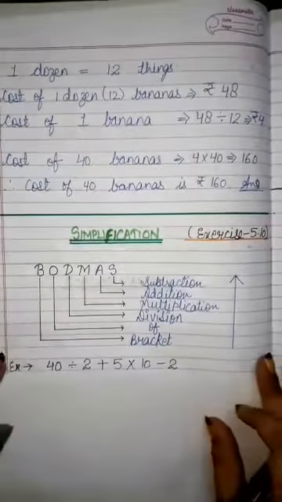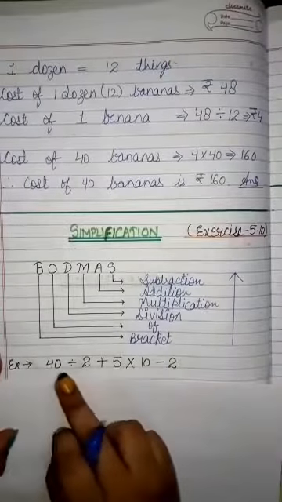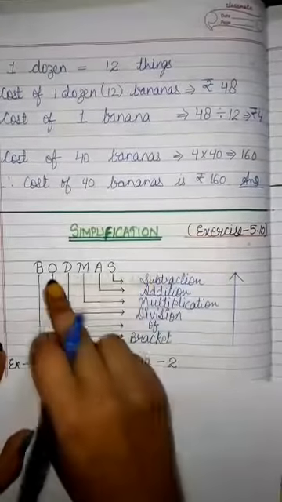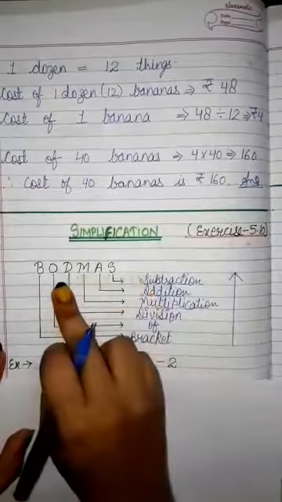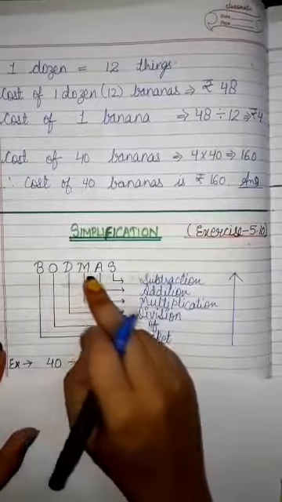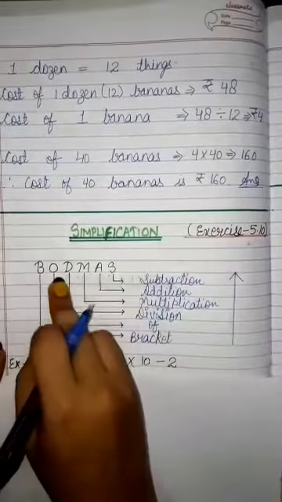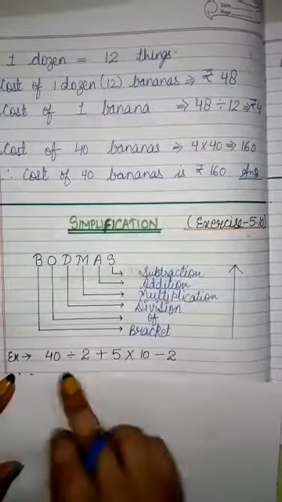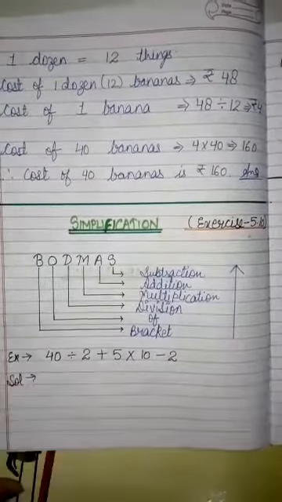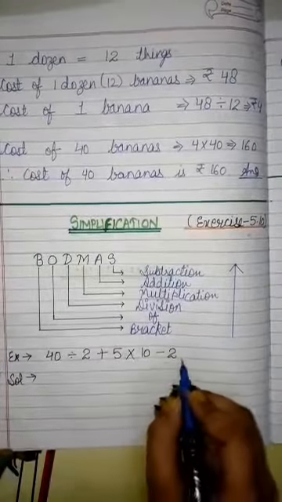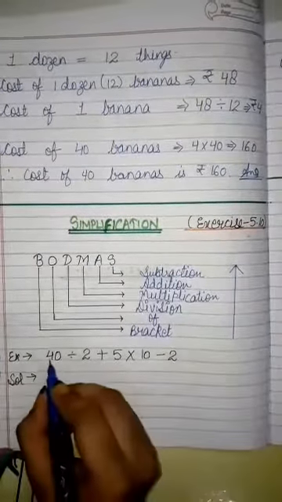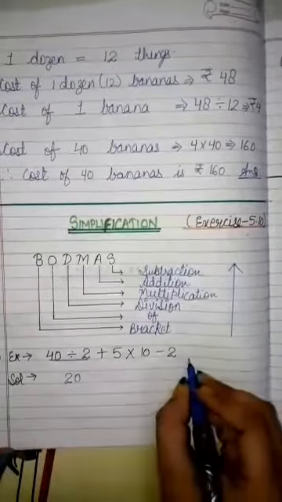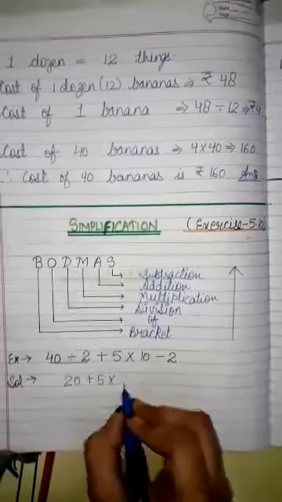That means if in a question, if you find different types of operation, so you will be able to solve them in systematic order. That means first you will be solving division, then multiplication, then addition, then subtraction. This bracket of you will be doing in higher or the next chapter. Now see this question. 40 divide by 2 plus 5 multiply by 10 minus 2. So which operation you will be doing first? This one. So when you divide 40 divide by 2, what you get? 20. The remaining part you will be copying down as it is.